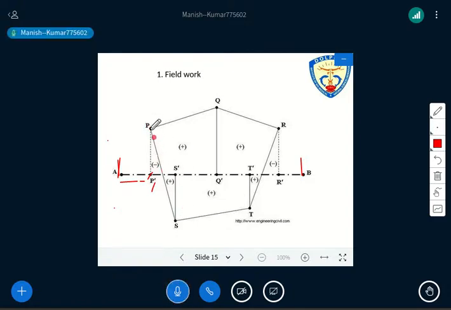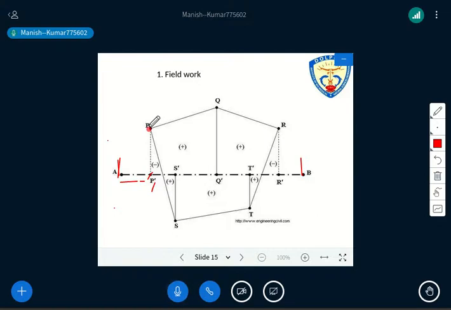measurement. After getting the measurement, we have to take a certain scale. Scale means, because in the field the distance between P and P dash may be 10 meter, but in the copy it is very difficult to draw 10 meter, right? So that's why we can use any suitable scale. For example, as per your notebook, you can write 2 centimeter representing 5 meter. So when you make a 4 centimeter line, that line represents 10 meter of actual length. So we have to use a suitable scale.